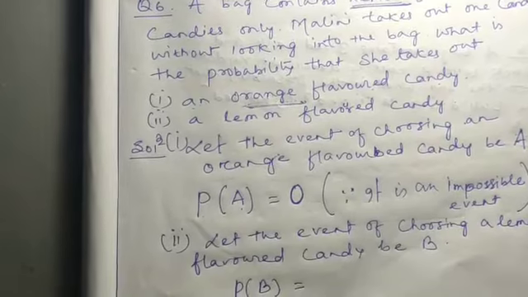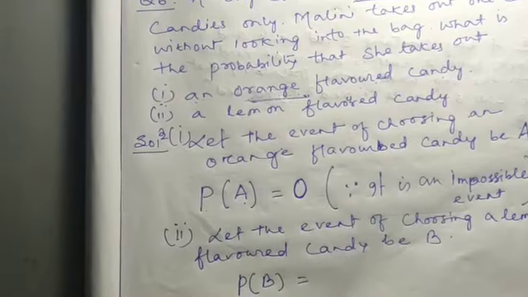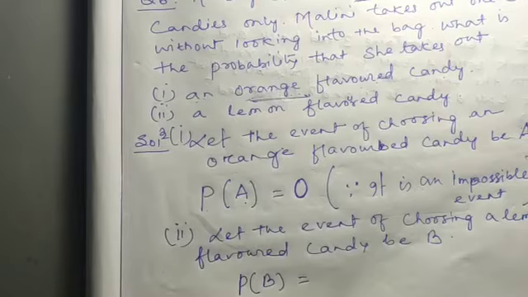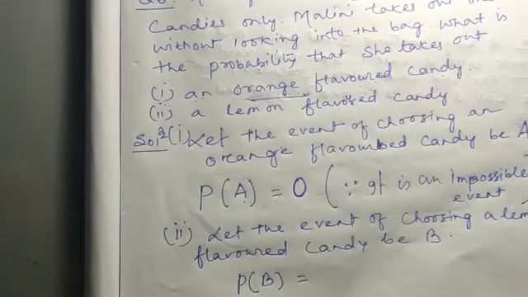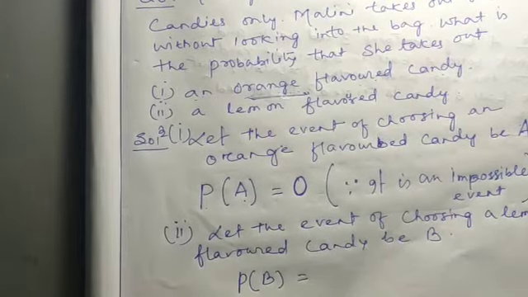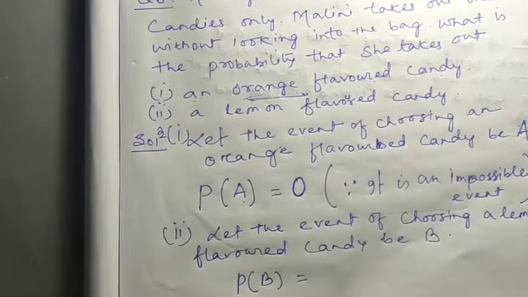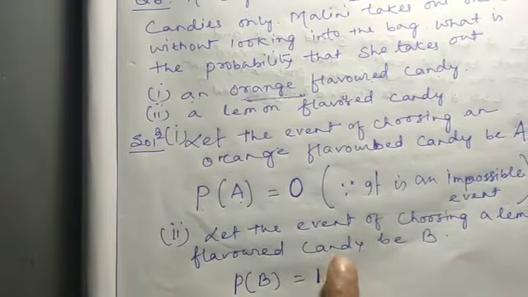So for short technique sums, wherever it is needed we will write down, but these are very short technique sums. Here you see in the bag lemon flavored candies are only there. There is no other flavored candy and she is trying to find out a lemon flavored candy only. It is not that in the bag it is mixed up with lemon and orange and anything else, right? So only lemon flavored candies are there in the bag and she is trying to find out a lemon flavored candy only. So here in that case the probability is going to be 1 because here the favorable outcome,